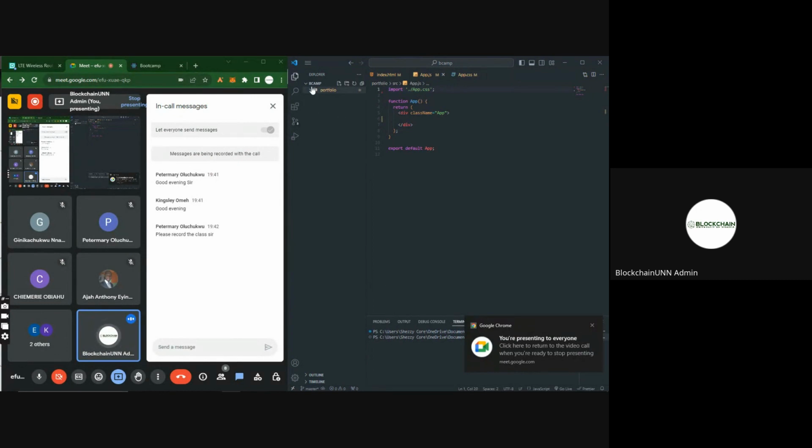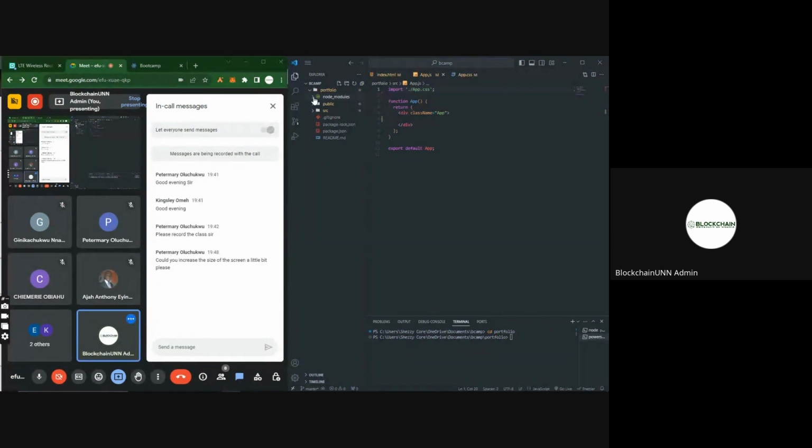Now the second thing I'm going to talk about is the folder structure of a React application. As you can see, the first one is our node_modules. This contains our dependencies. To even write React at some point, you need a little amount of Node.js, just a little amount on how to